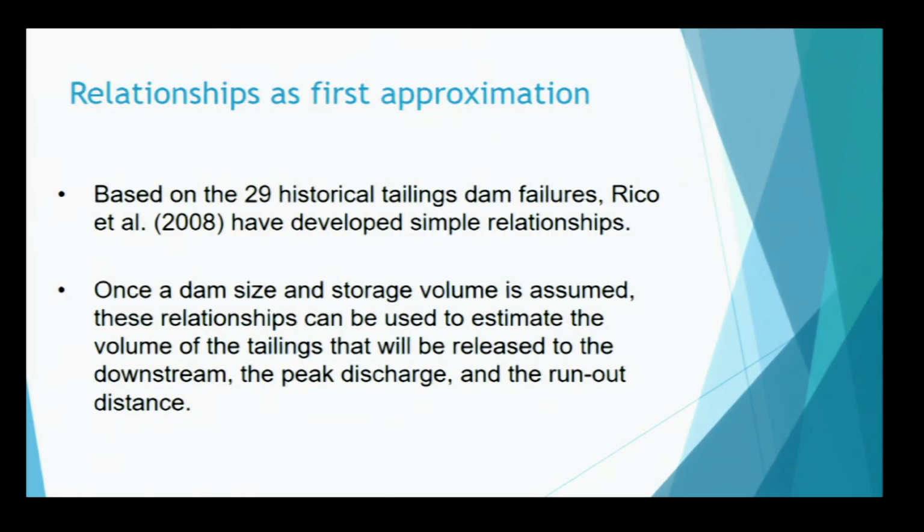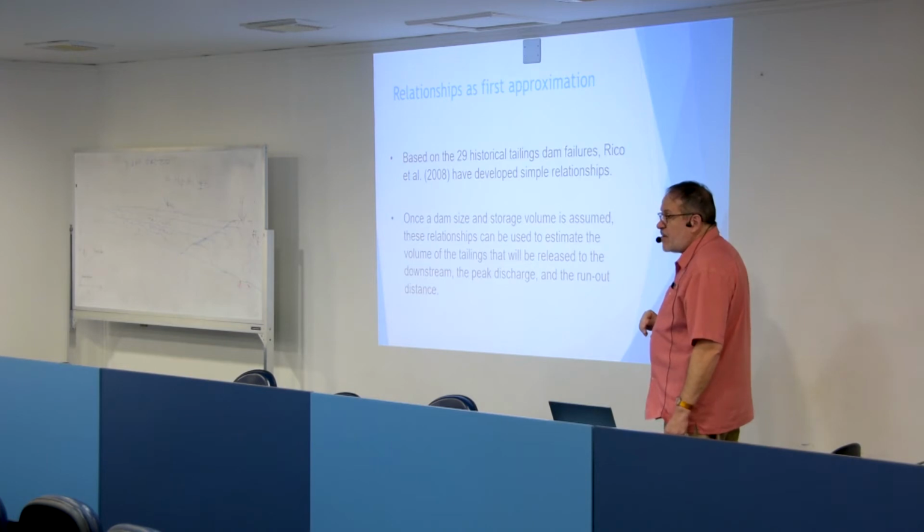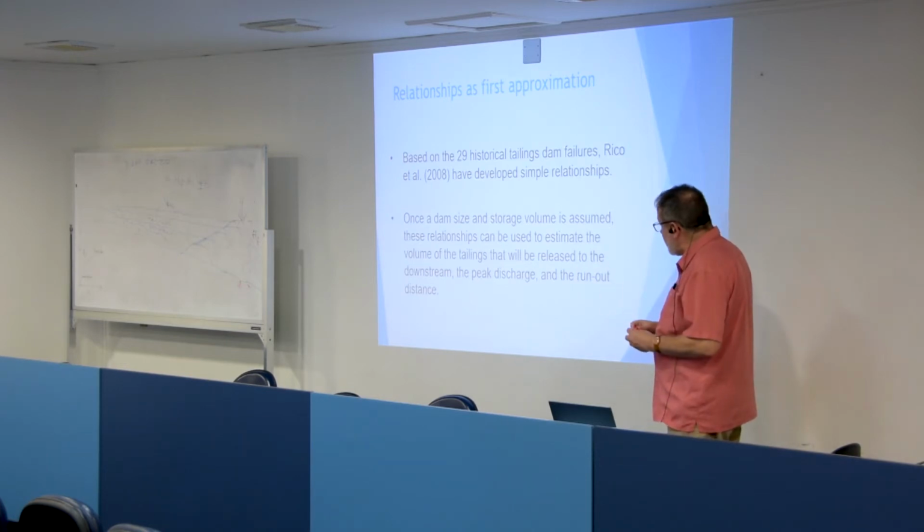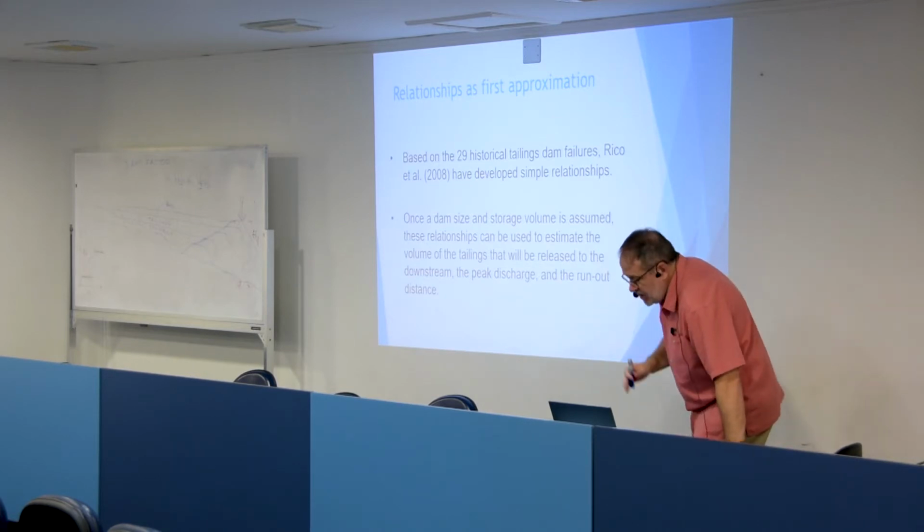So, at that time, remember that this study was done in 2010. The reason why I'm showing you this is because I mentioned it before, and I wanted you to see what you have to do in terms of the scenarios that you need to analyze to get a project to move forward and minimize any potential impact. So based on 29 historic failures, these authors, Rico et al., developed some very, very simple relationships. Once you have the size of the dam and the volume, these relationships can be used as an approximation to estimate what is the volume that could be released downstream in case of an accident, and roughly what would be the